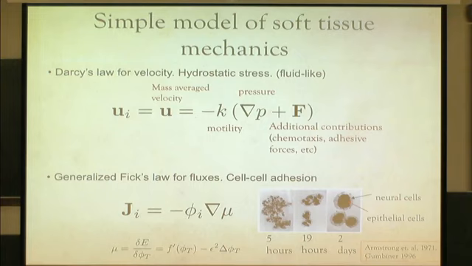And so we'll assume that the cells are tightly packed so that they all move with a mass average velocity. And so then basically the velocity is proportional to the force, which consists of a pressure force and additional forces from adhesion. And then for the fluxes, we can use a generalized Fick's law. So we can relate the flux to the gradient of a chemical potential. And that chemical potential we can use here as being related to the cell-cell adhesion by introducing adhesive interactions, or basically just interactions between cell types.